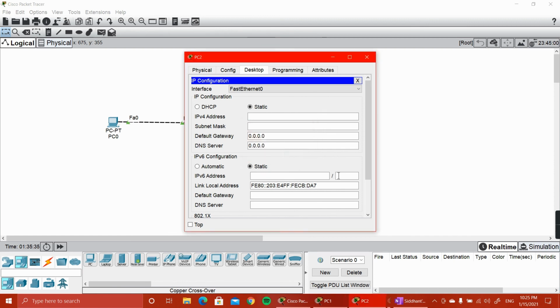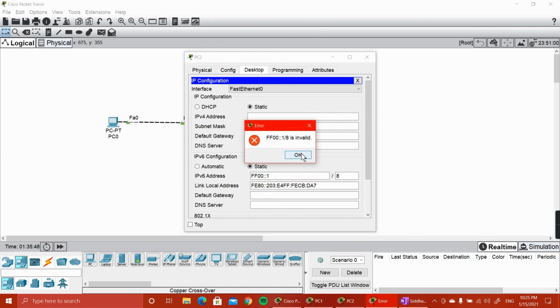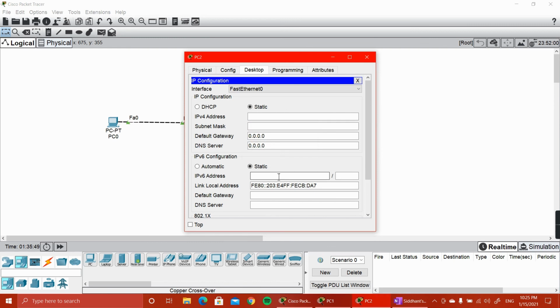If I try to use a multicast address here, it is also invalid. Now I am giving a normal global IPv6 address, which is this one, and this is a valid address.